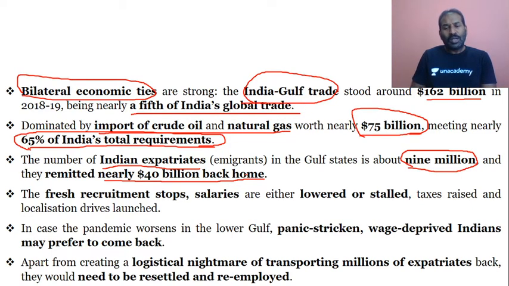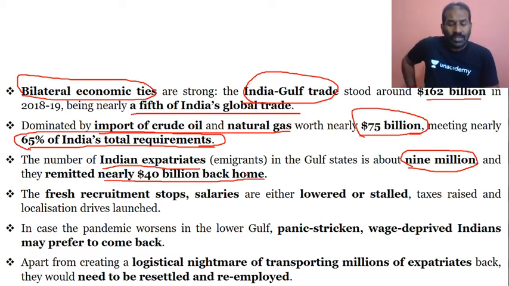That is also a positive sign for India, because of the cut in oil prices. One thing is our revenue will increase, our import bills will reduce. Revenue will increase because the import bills are reducing, and because the Indian expatriates, who are 9 million working there, will definitely send back the money, that is the savings, to India in the form of remittances, and that is 40 billion US dollars. So that is also coming back, which is also good, which is also positive.